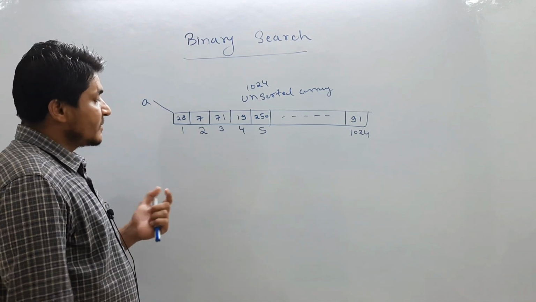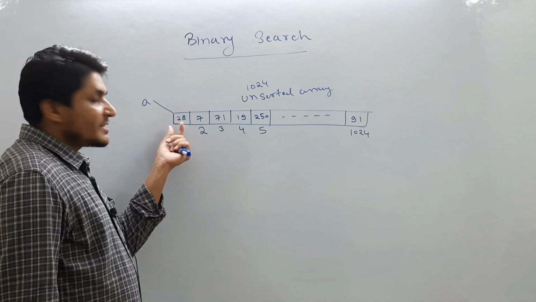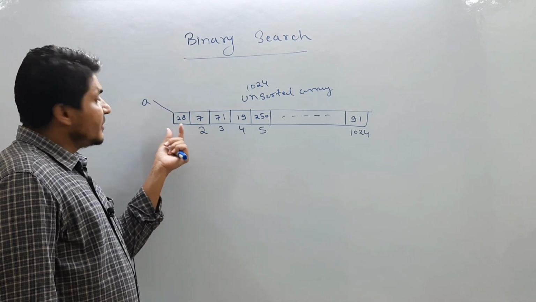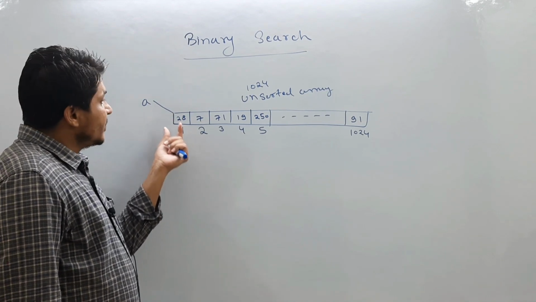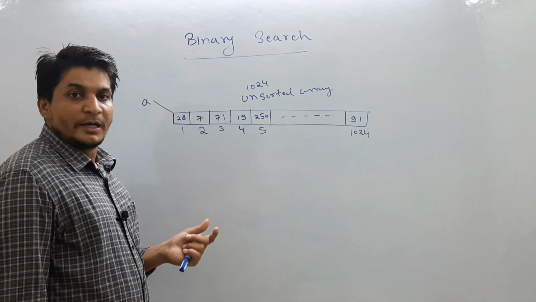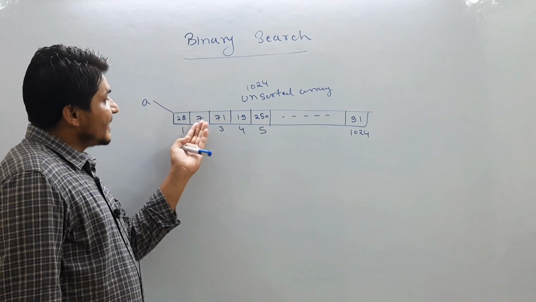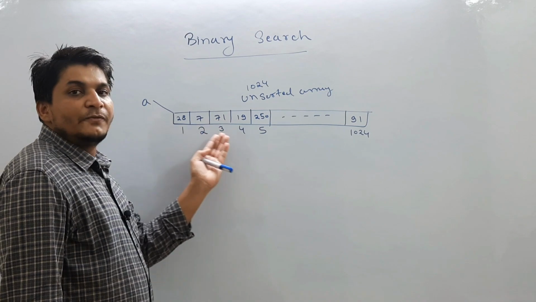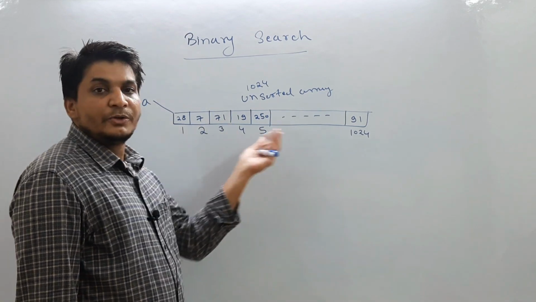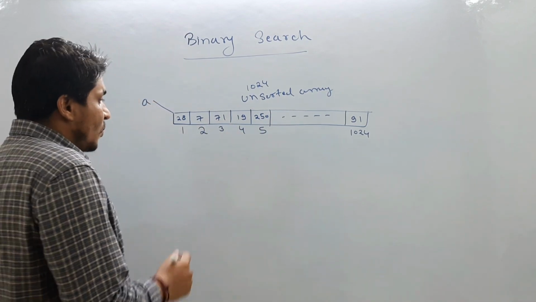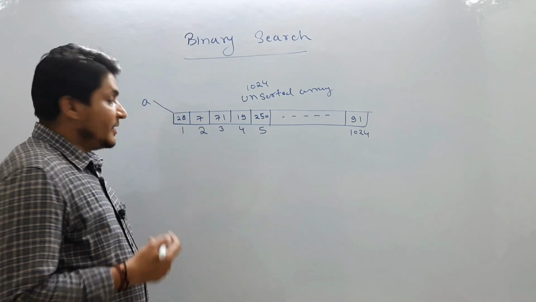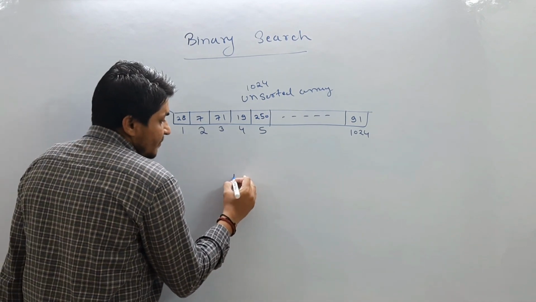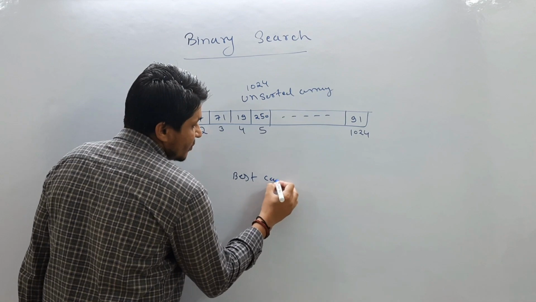What does linear search say? You start comparing with the first element. If it is your search value, then you don't need to compare with the remaining elements. Otherwise you compare with the second element, then the third, then the fourth, until you get your value. So let's see what could be the best possibility in this case. Let's suppose the best case.